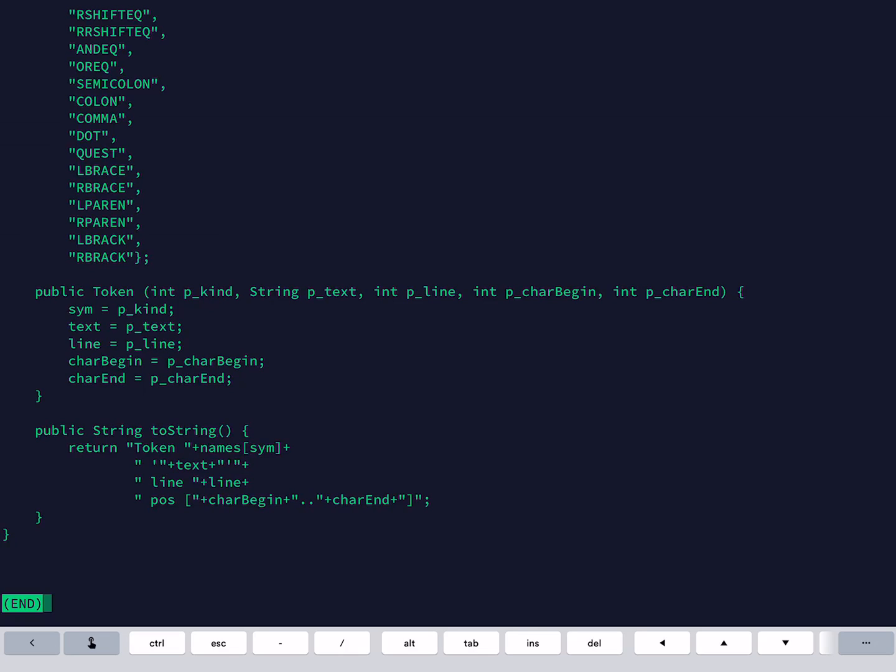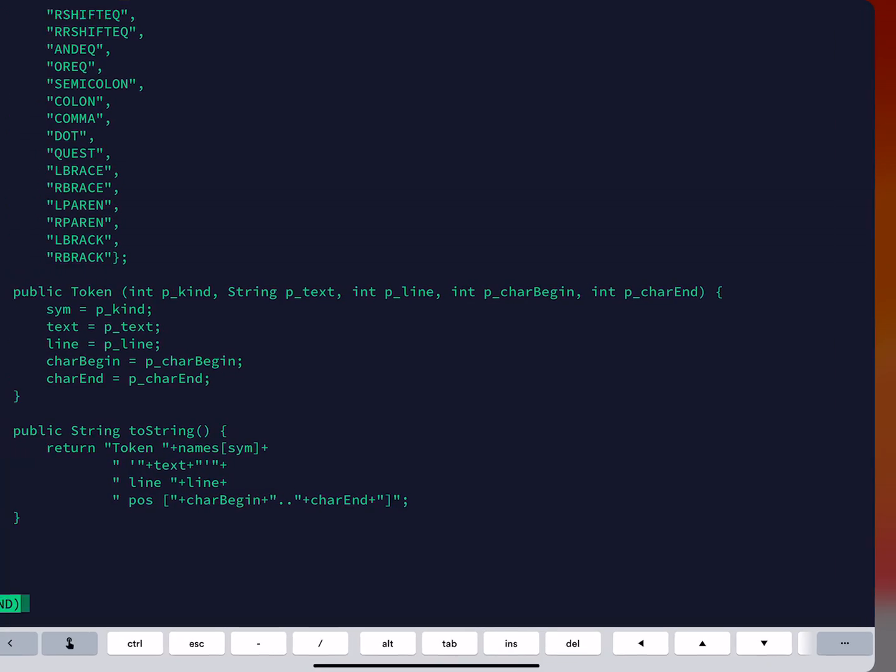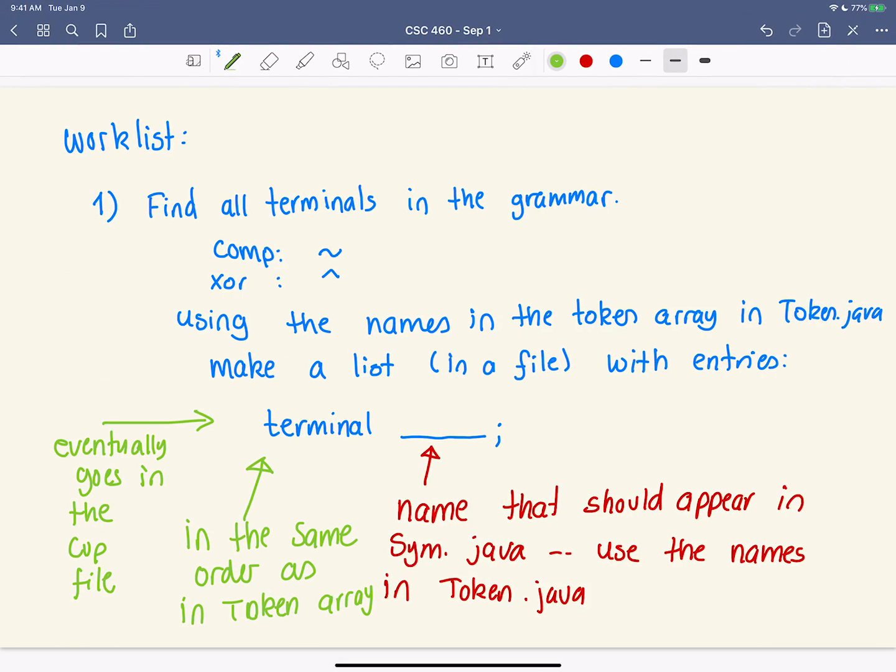Is this terminal file we're making? So the terminal stuff will be just talked about here. These guys here eventually go into the cup file, and we were just about to finish the flex file, so the scanner file, right? And I'll show you. No, they're in the parser directory. But we needed to do this in order to know what we're looking at. We needed to make an association between names and regular expressions, right?